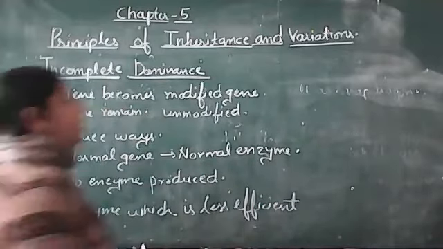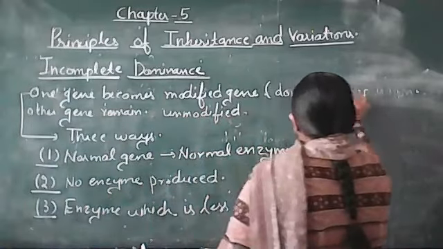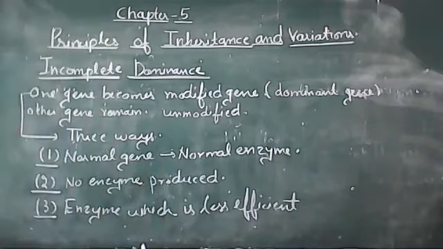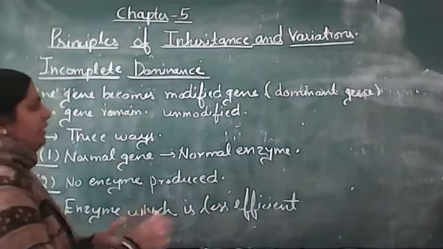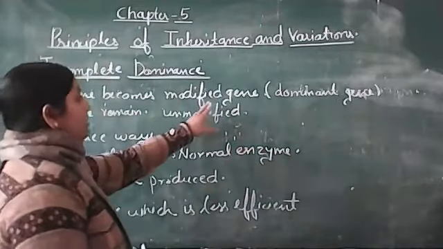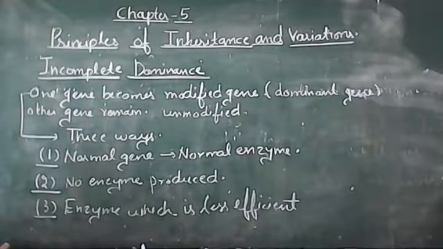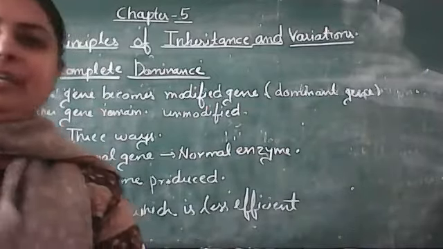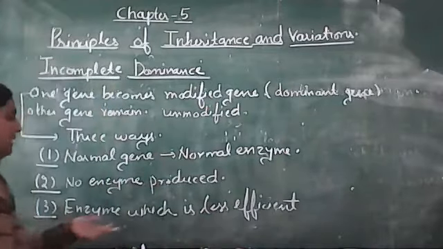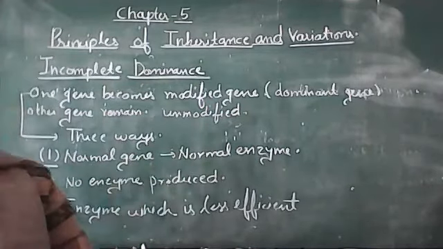So what is this modified gene? Always remember, this modified gene is generally the dominant gene. And you know that in case of snapdragon, the red flower color is the dominant one, and the white flower color is the recessive one. So the modification takes place in the dominant gene. The red flower gene gets modified, so it should show its full expression in the F1 hybrid. What we expected is that the F1 hybrid should have red flower color, but instead, as it produced a less efficient enzyme, full expression is not seen. So red color is not visible in the F1 hybrid.